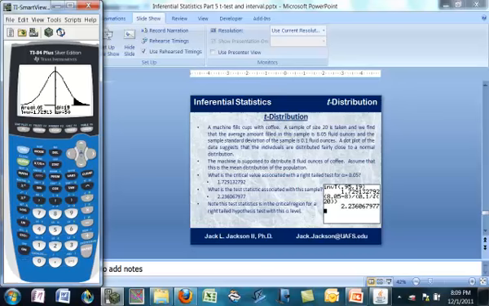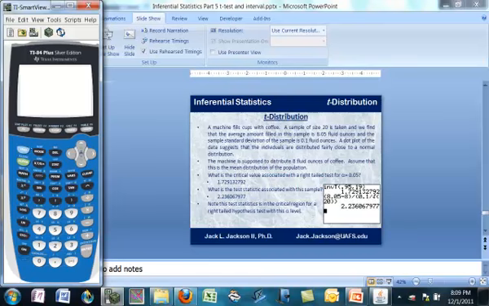So that alpha value there is 0.05. You can see that shaded. Now if we want to shade in the value of the p-value, there are a couple of different ways we can do it. One is the way we did it before, which is again, let's clear our drawing out first, and